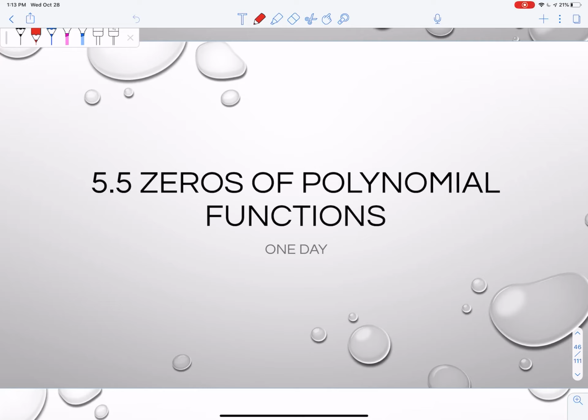All right, so in this next section, we're going to look at 5.5, which is zeros of polynomial functions. What we're essentially going to do is take the topics and items that we learned and talked about in 5.2 through 5.4. We're going to start tying all that together into a bigger picture with the addition of a whole bunch of